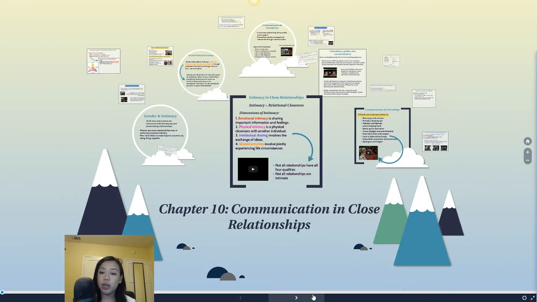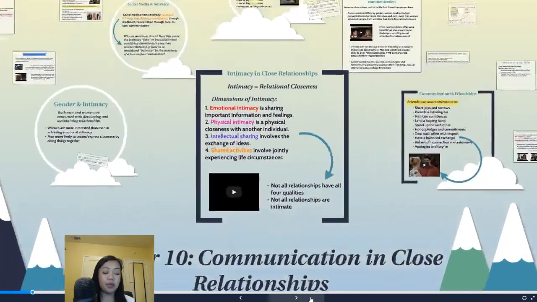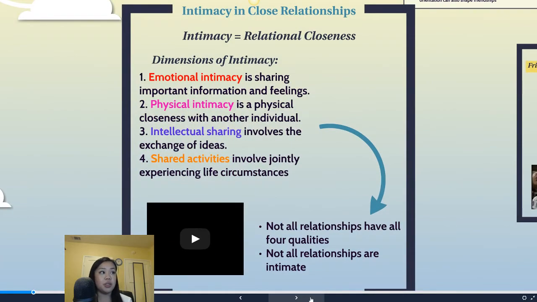As always, I'm really only going to pull from the chapter what I would like you to focus on as far as our discussion forums and our journals. Everything else, of course, in the textbook is wonderful information. However, the information that is on the slides is really what I will be focusing on as far as applying in our online modules. So let's define what a close relationship is,